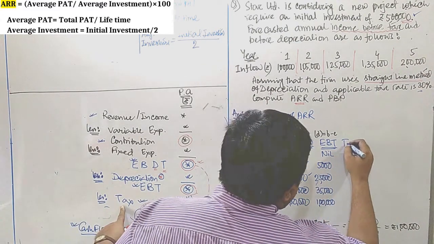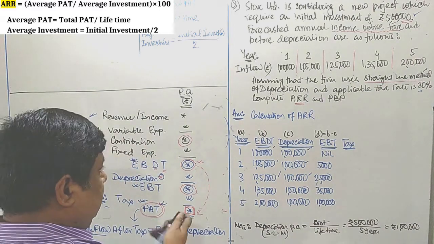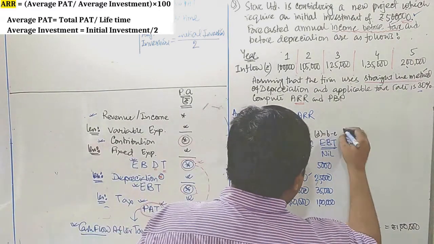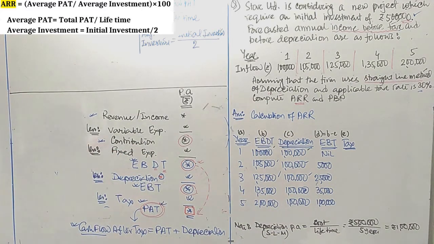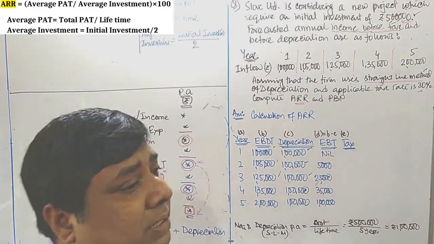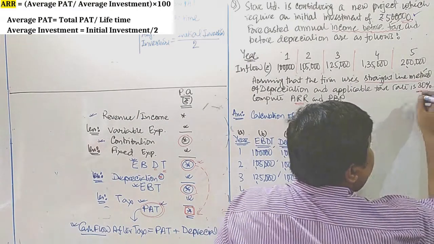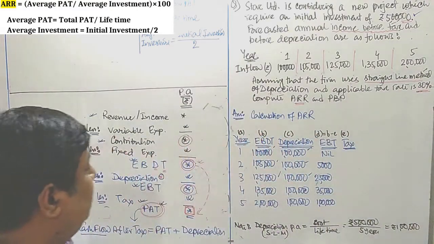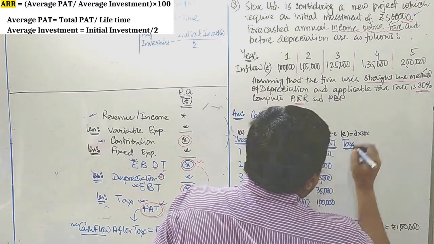Next, what particular component are we going to deduct here from EBT? The next component is what? Tax. I must write here at the top, this is our E column as per the sequence. Tax column is our E column. Now how to get the tax? That is also very important. Tax rate is mentioned here. Here the company follows a tax rate of 30%. For calculation of tax, whatever D column you got, D is multiplied by 30%.